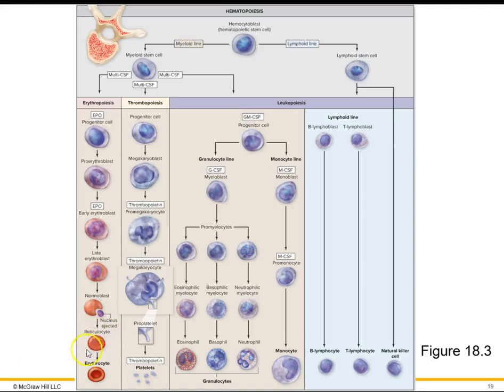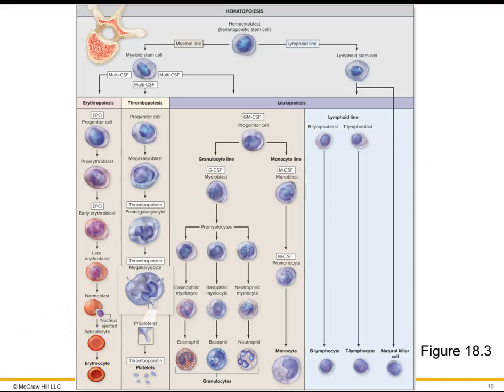Then it's called a reticulocyte, and a reticulocyte is almost a red blood cell. It just still has some organelles. So the reticulocyte is going to lose its organelles, and then it's what is known as an erythrocyte. And remember, an erythrocyte is basically just a sac or a bag of hemoglobin, and hemoglobin transports oxygen as well